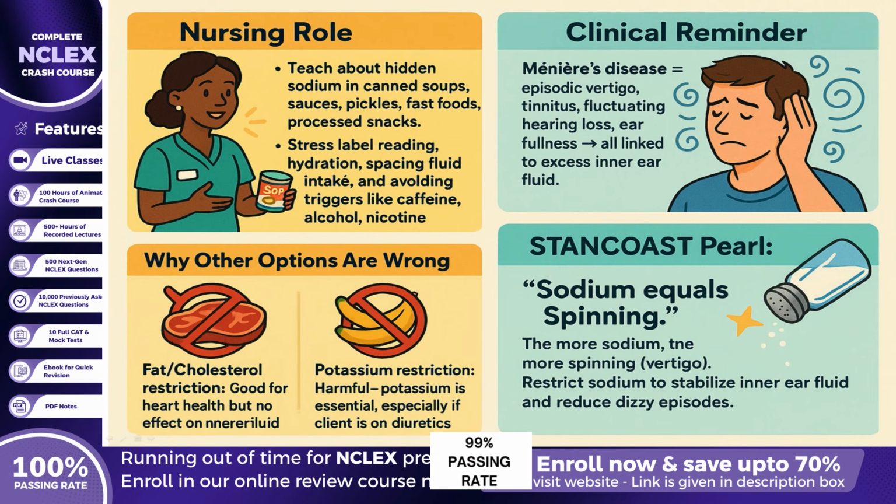Triggers like high sodium intake, caffeine, alcohol, and nicotine can worsen symptoms by altering vascular tone and fluid retention. Nurses should stress label reading, avoiding processed foods, spacing fluid intake evenly, and maintaining hydration while keeping sodium intake restricted. Medication therapy may include diuretics to reduce fluid, vestibular suppressants such as meclizine or diazepam during acute attacks, and antiemetics for nausea. Lifestyle advice should also include avoiding sudden movements, managing stress, and ensuring safety to reduce the risk of